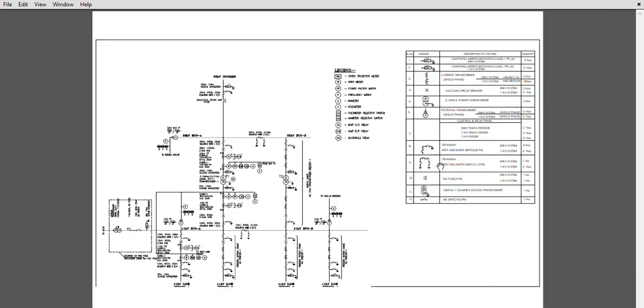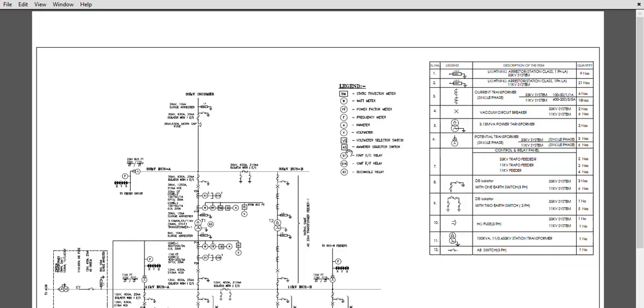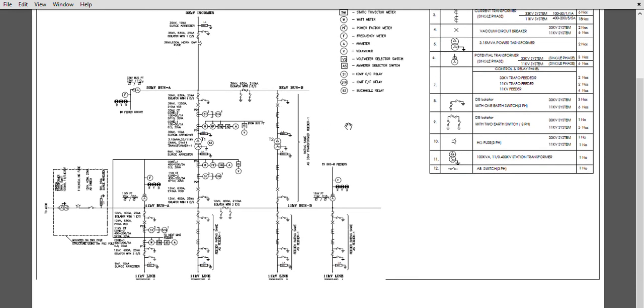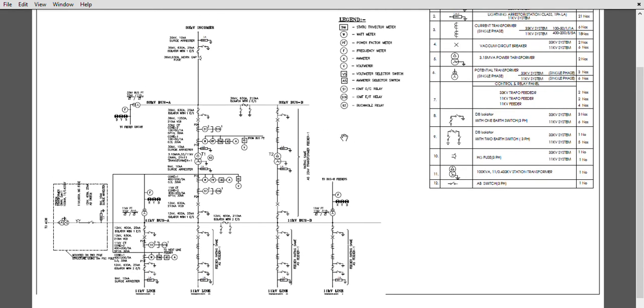So friends, I hope you understood how to prepare a single line diagram. This is the very basic diagram, but essentially it's a very significant diagram. This is the very fundamental design we can call for the entire substation. Once we have this drawing finalized, only then will we proceed further. The rest of the drawings and the details about each equipment will be discussed in detail in future videos. Thank you very much.